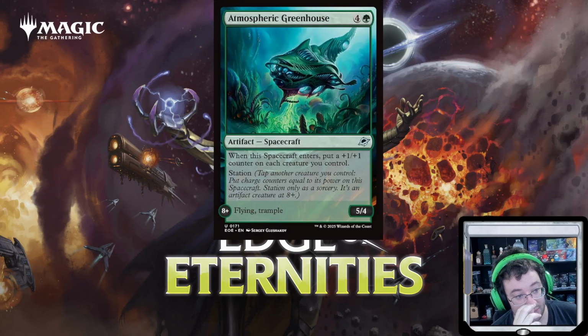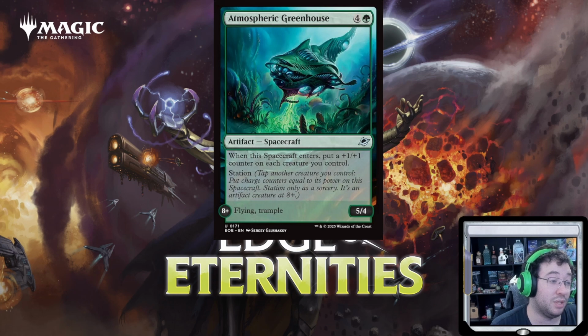But now we're on to green. So let's see. Does green do landfall things, or +1/+1 counters, looking at this thing? Starting with Atmospheric Greenhouse, which is 5 mana for put a +1/+1 counter on each creature you control, which is